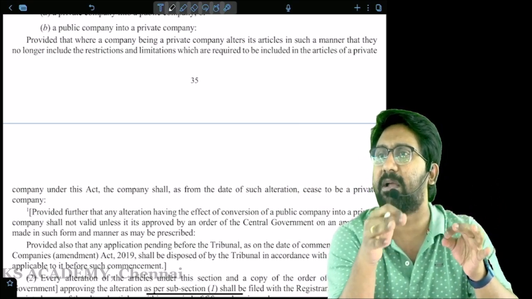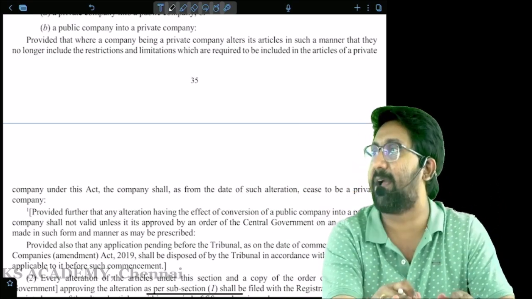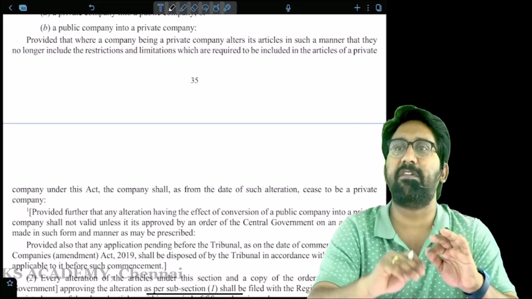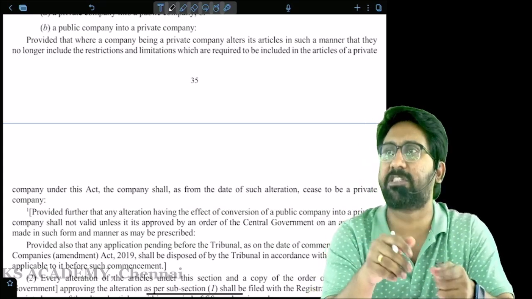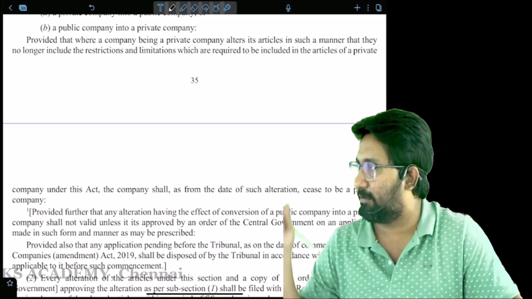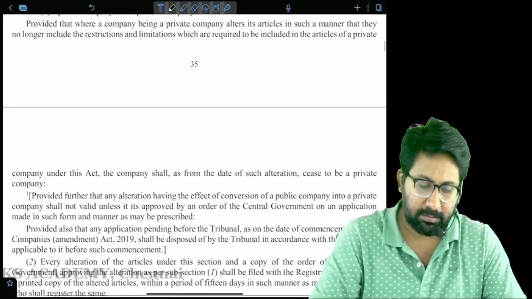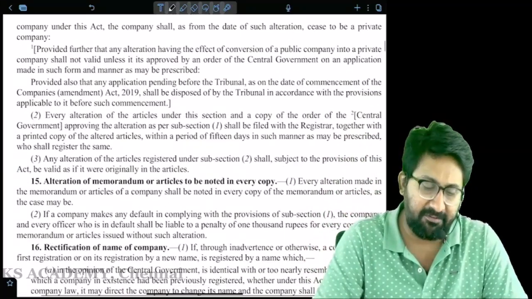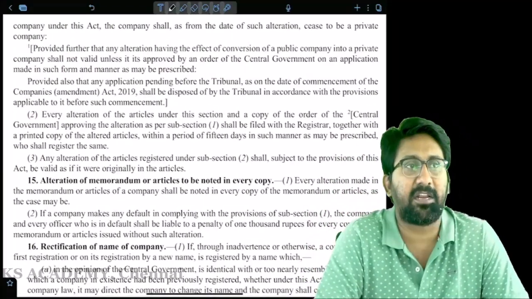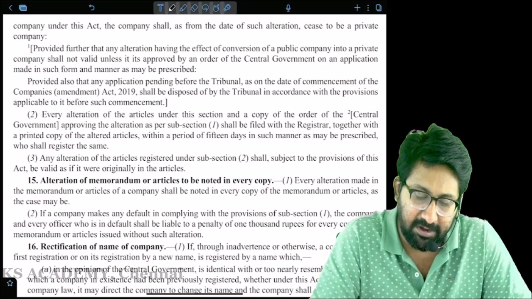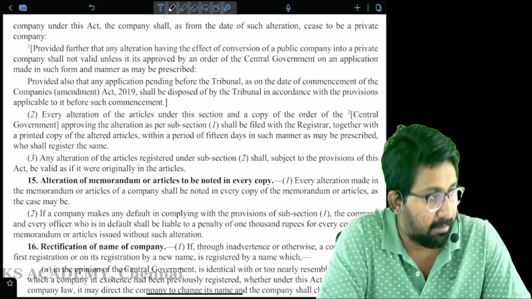Public company means a company which is not a private company. Automatically, when you cease to be a private company, you will become which company? Public company. That's the idea of law. Okay. So, next, provided further that any alteration having the effect of conversion of public company into a private company